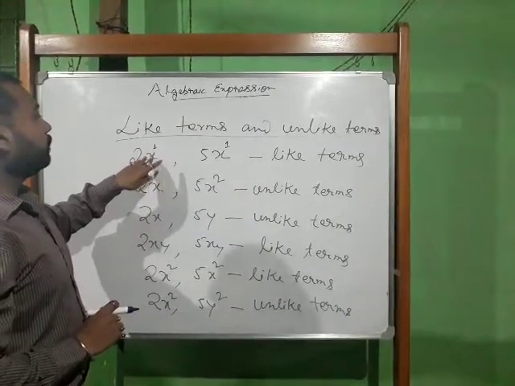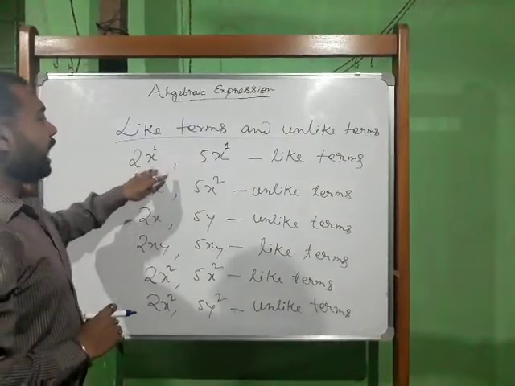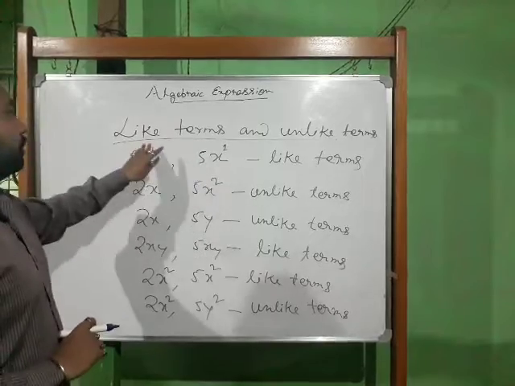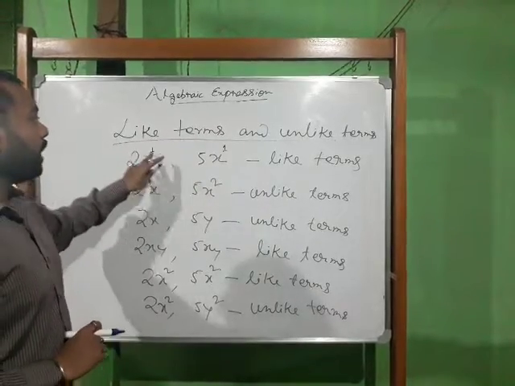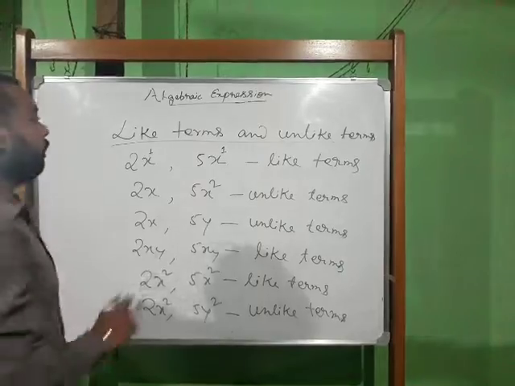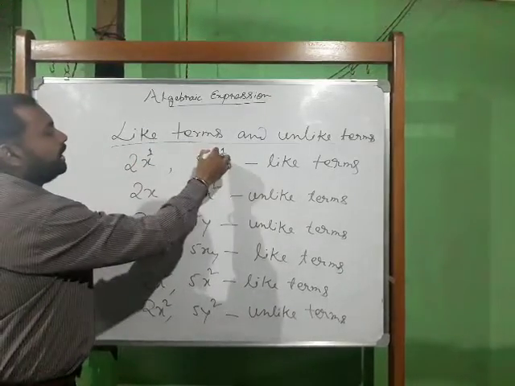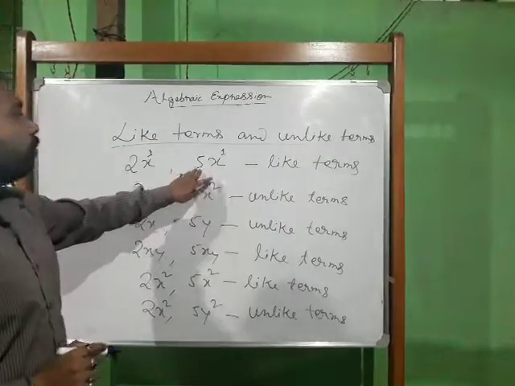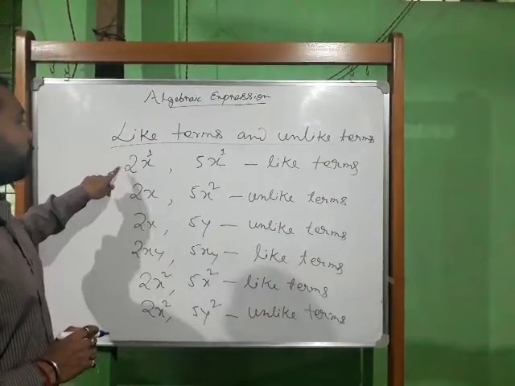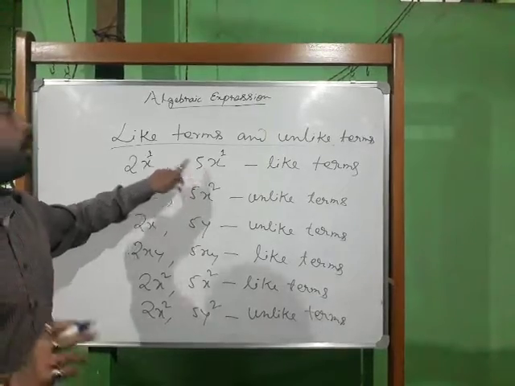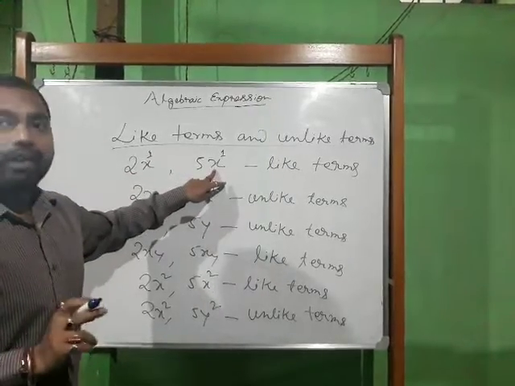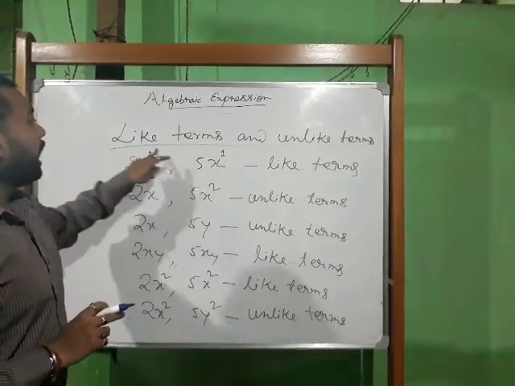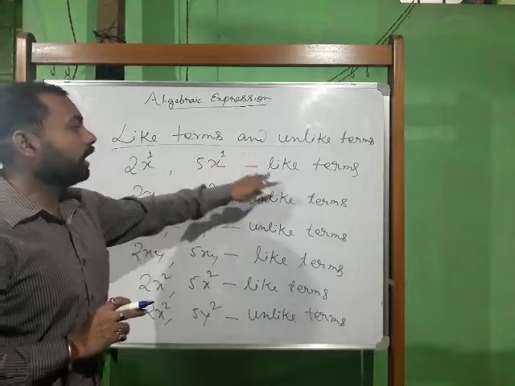Again you see, the variable should be same and their power, that is not coefficient actually, that is exponent, sorry for the mistake, exponent. So exponent should be equal. So here power is 1, again here power is 1. So that means this is like terms. Don't go for coefficient. Here coefficients are different, that doesn't matter. Only you have to consider the variable and its power, that is the exponent. So here variable are same, again their power is also same. So they are like terms.